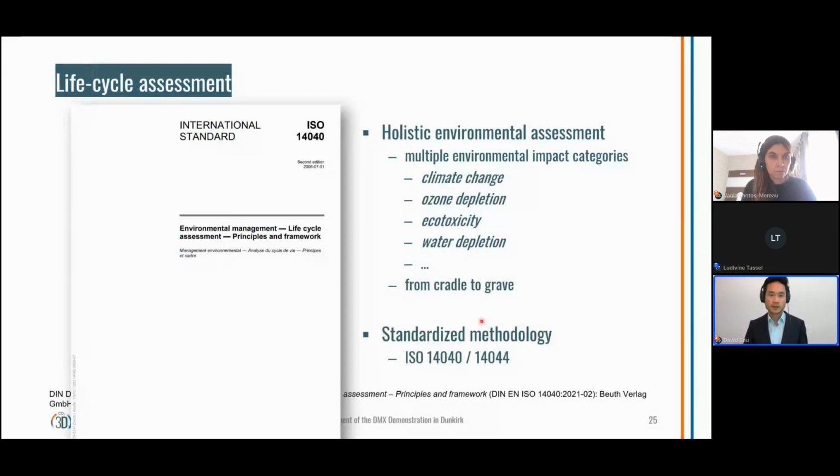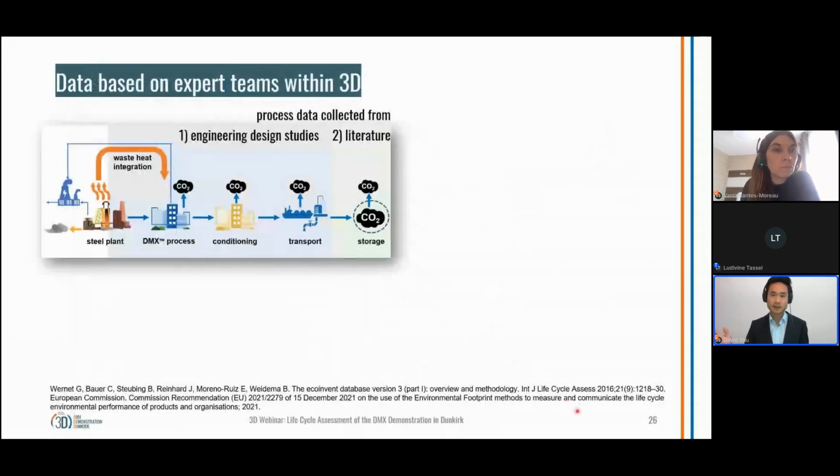This was maybe now a little bit theoretical, so I'm also going to tell you how we conducted the life cycle assessment within the 3D project. So first of all, we benefit from experts from a lot of different fields that are working together within the 3D project to design a CCS supply chain in the megaton scale. And then from those experts, we were able to collect detailed inventory data for each and every single step of the CCS supply chain. For example, concerning the construction of equipment, utility demands, solvent production and consumption, and the lifetime